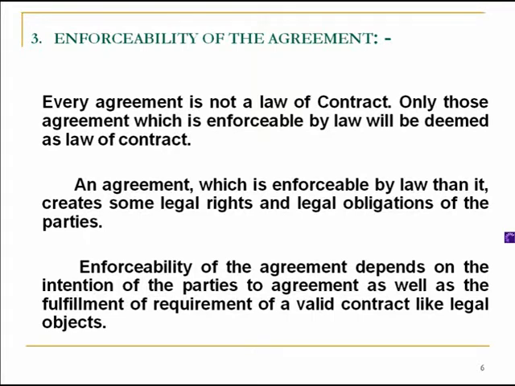So what is the measurement or parameter for enforceability? An agreement which is enforceable by law creates some legal relations and obligations between the parties. Always remember, this is also an essential element: creating a legal relationship. If two parties are making an agreement, it means they have an intention of legal binding. If they are doing legal binding, it means some obligations and rights will come on both the parties. So due to that legal binding, enforceability will come into the picture, and then it will be a contract. Otherwise it will remain only and only an agreement. It will never be a contract.